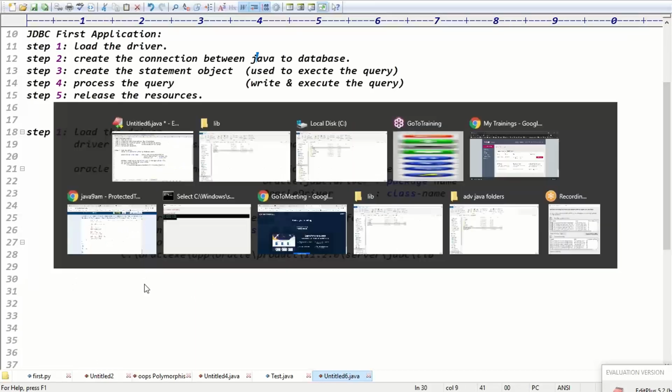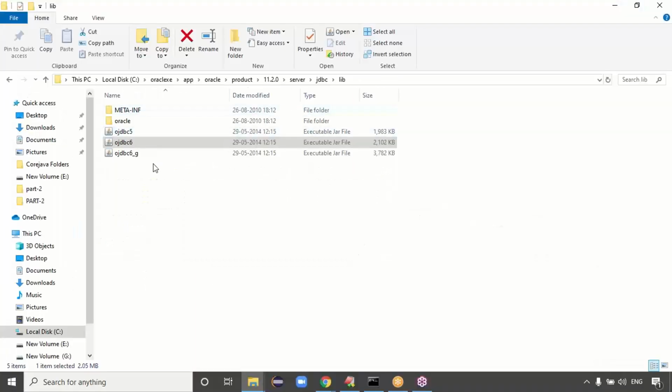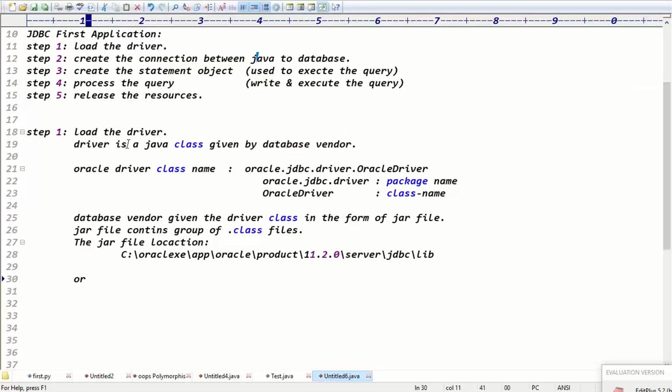Exactly. Sir, in your system you installed Oracle 11G. Guys, if you're using Oracle 11G, you get the OJDBC5.jar file and the OJDBC6.jar file, right? Sorry, in my system, I have 10G only. No problem, guys.